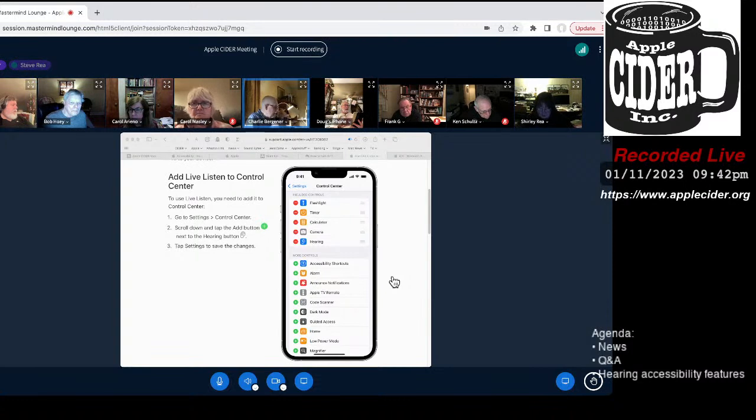On my iPad now, I got as far as connect the compatible audio device to use live listen, and I have a wired one, but it's not showing me any further control to enable live listen.